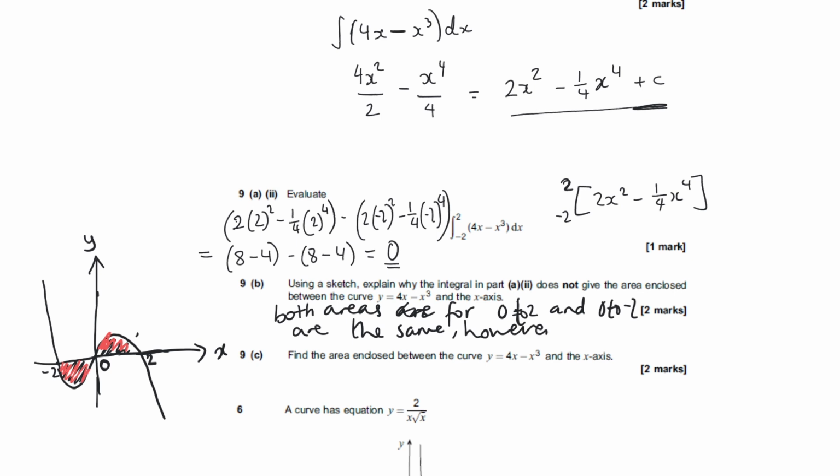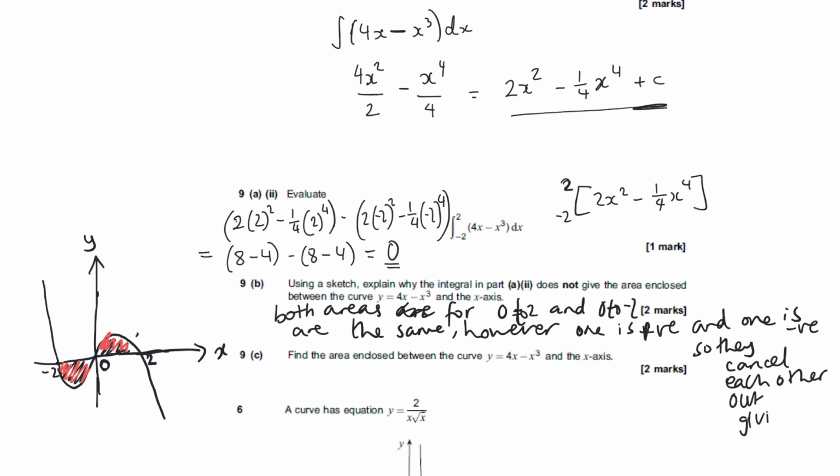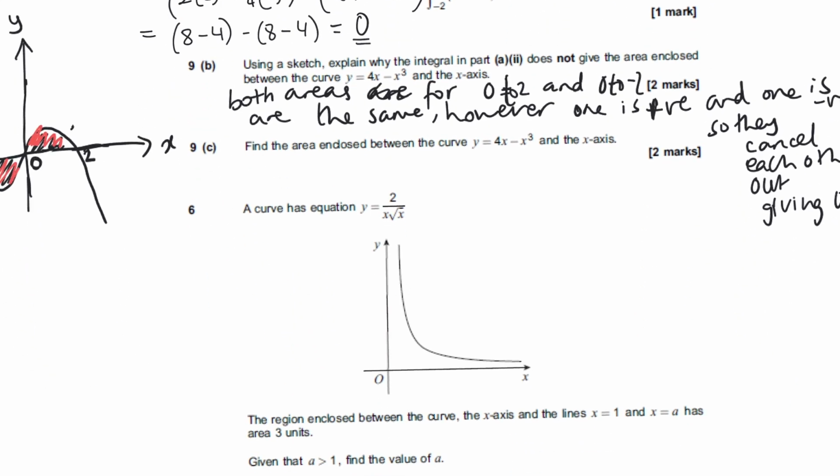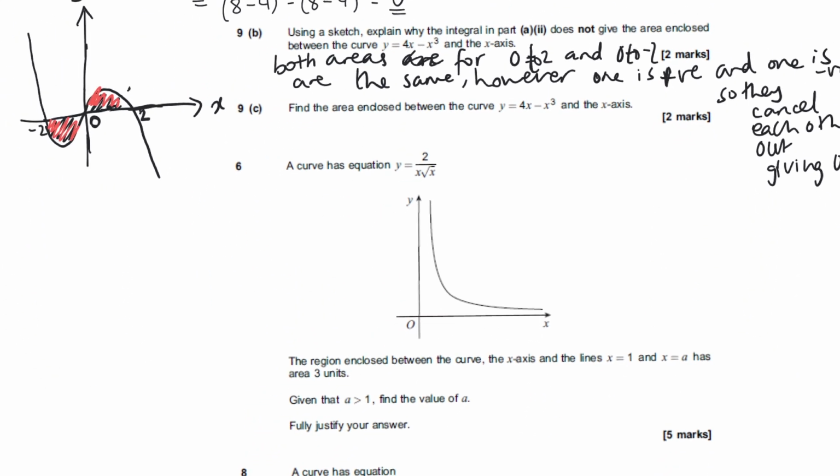However, one is positive, I'll put positive, and one is negative, so they cancel each other out, giving 0. Okay, so then in part C, it now wants us to find the area enclosed between the graph